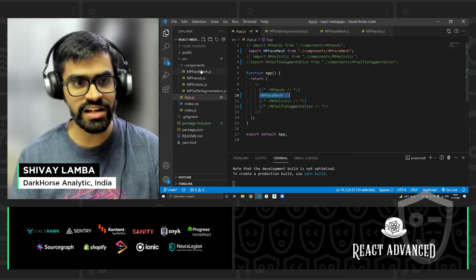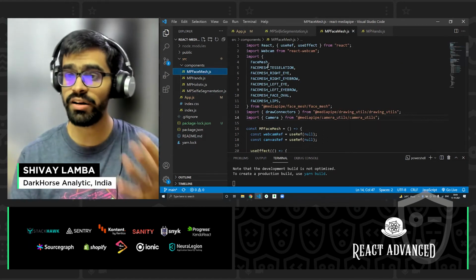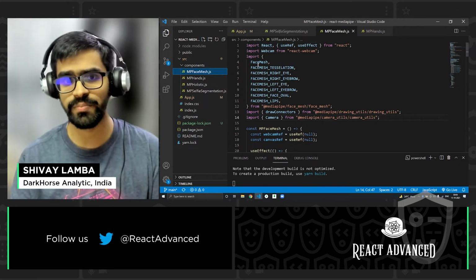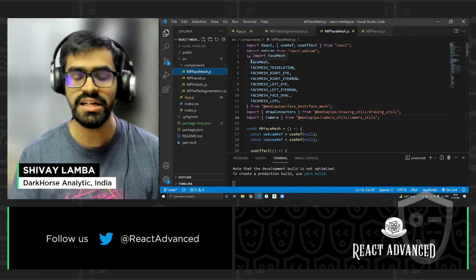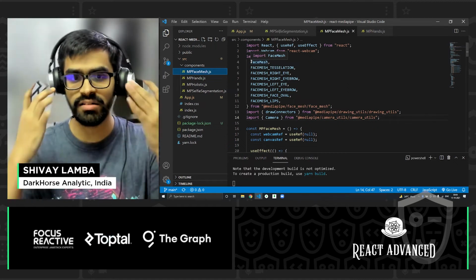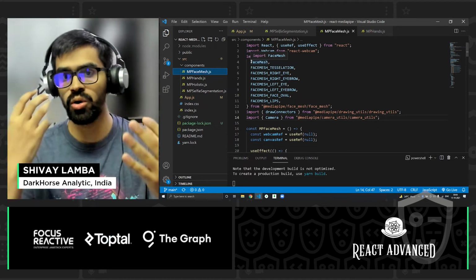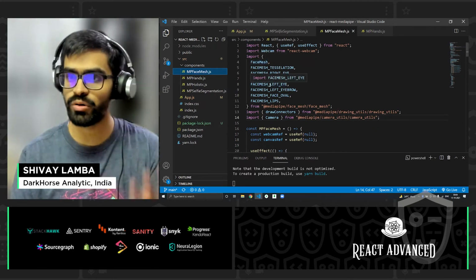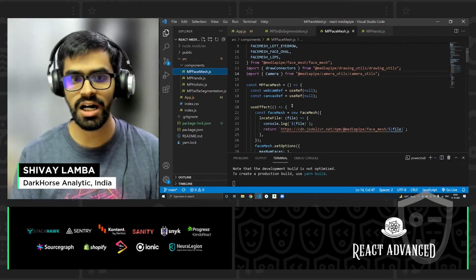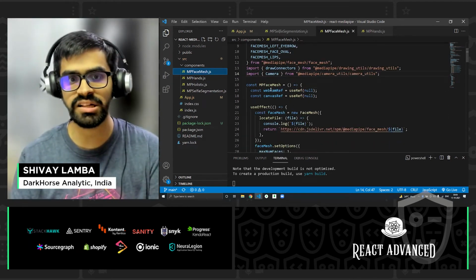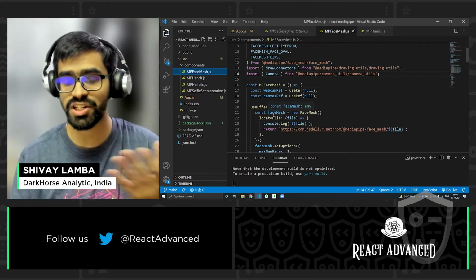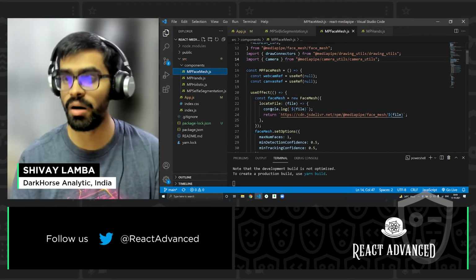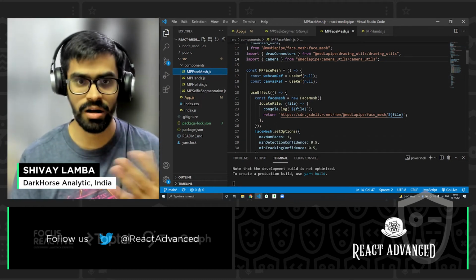So if I go very quickly to my face mesh component, over here, as we walk through the code, you can see that I've imported React. I've imported some of the landmarks. Now, basically, whenever we are talking about, let's say, the face, right, we want our right eye, left eye, eyebrow, our lips, our nose and all. So these are basically all the ones that we have imported specifically from the face mesh. And then we have created our function, right? We have created basically the MP face mesh that will be used to render the face mesh on top of our webcam.